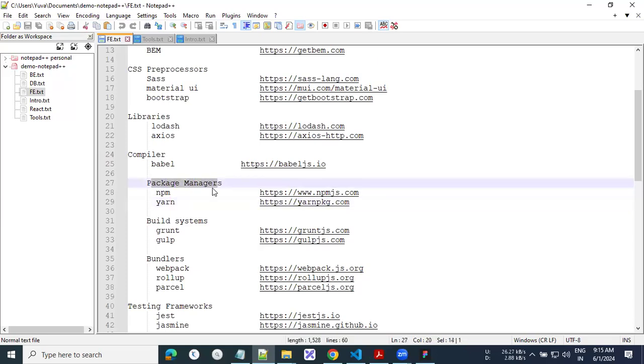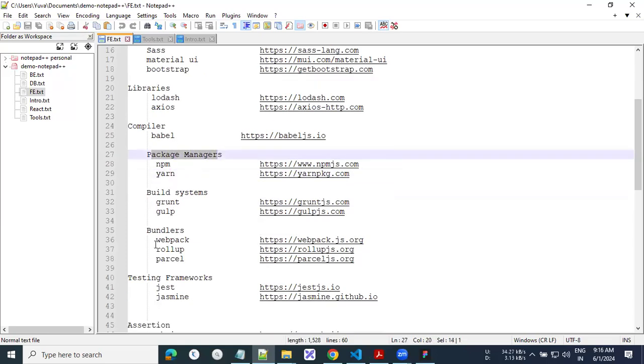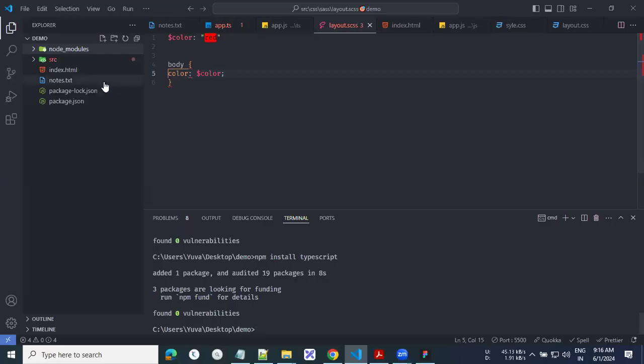So in each section you may see a bunch of other competitors. That means in one project, like on the front end side, you may use npm, in another project you may use another tool, but the concepts will be the same. Concept in the sense of how to install, how to uninstall, how to upgrade, how to downgrade, how to install a specific version. So for example, now I don't want